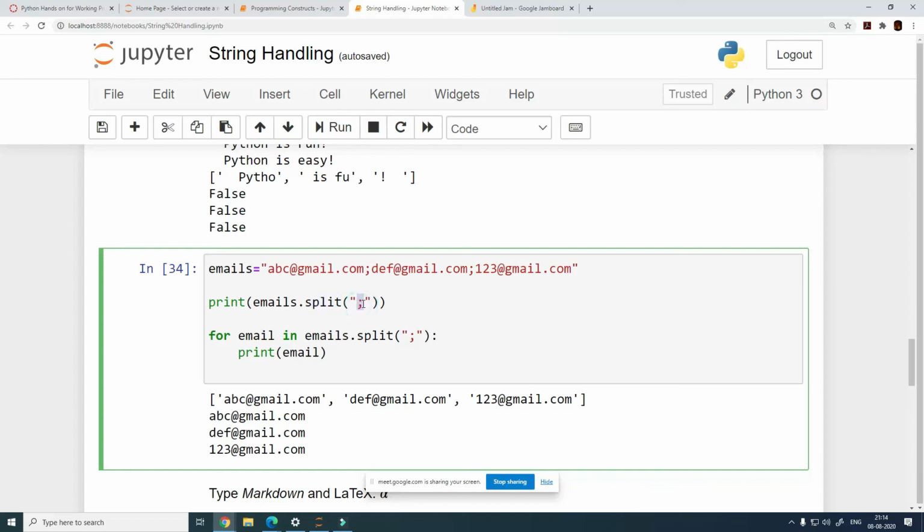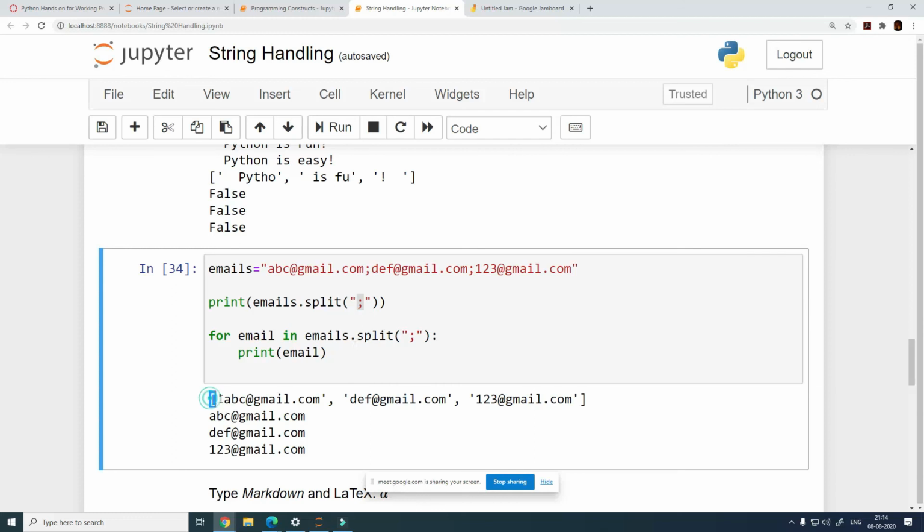So this is going to give you a list, and if you really want to split the items within this list further, let's say you want to split them using the dot or the @ character, then you will need to call the function again using individual items from the list, and that is what you will need to do. So I'll say, Sajid, you do it yourself and if you find it difficult, do let me know. You will need to call split multiple times.